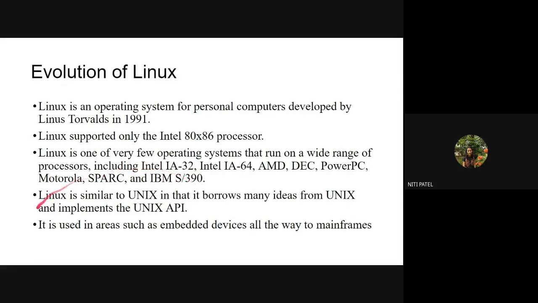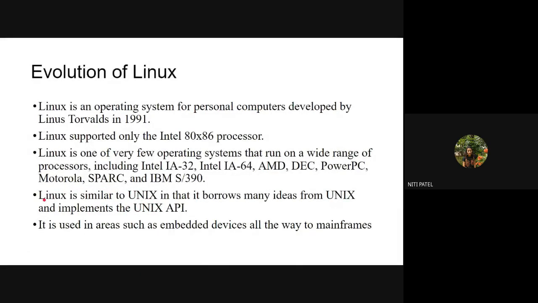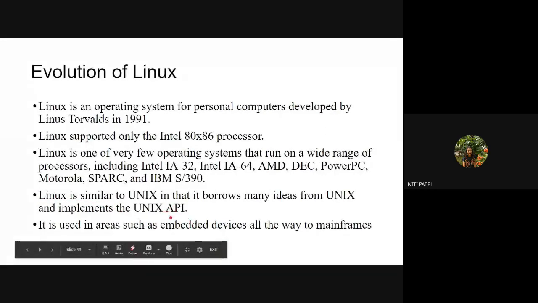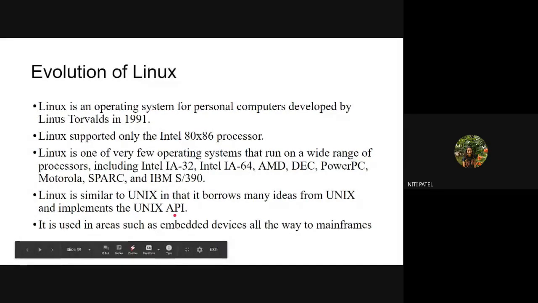Linux and Unix are the same, but it is implemented on the Unix API. Unix API means, what is this API? Application Programming Interface. That means I have made use of Unix programming code to develop my Linux operating system. Okay, that is what is called API. That means when I use some predefined structure and predefined coding languages or coding programs, and then I develop something new, I call it API.